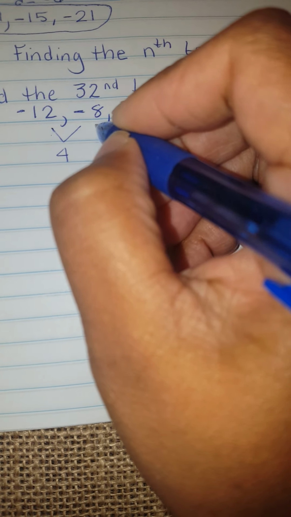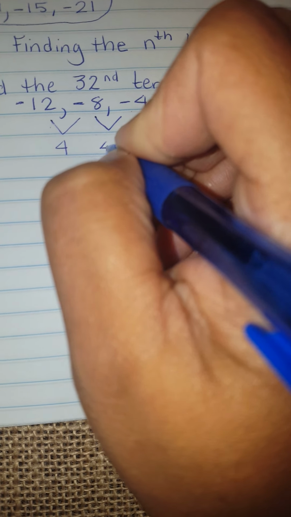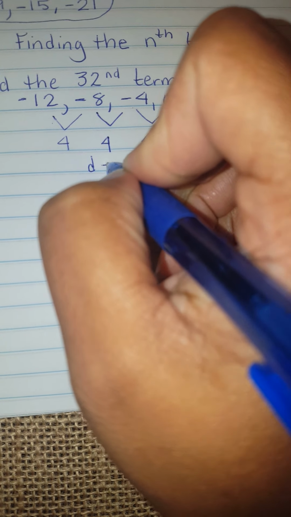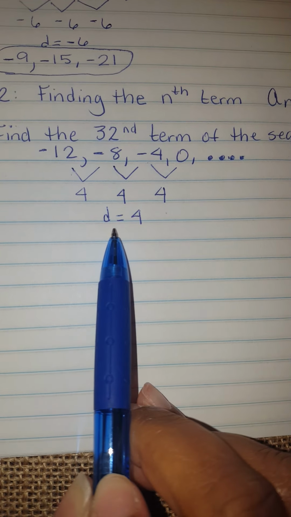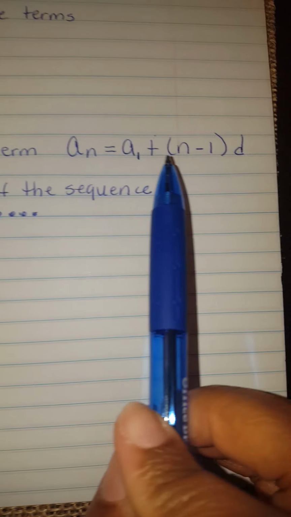Well, we have -8 to -4, and we know that's a difference of 4. And -4 to 0, we know that's a difference of 4. So we know that d is equal to 4. So now that we know our common difference, we know the first term of the sequence, it's time for us